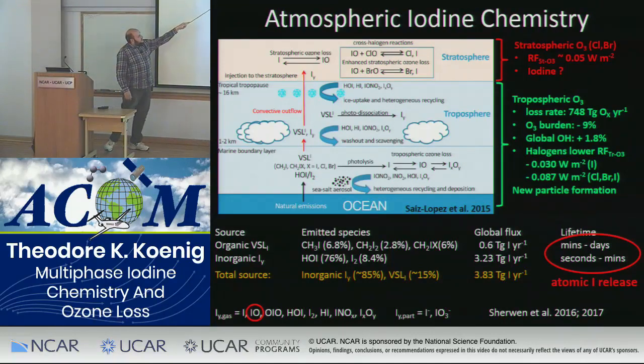But up here in the stratosphere, we've always had to contend with the fact that we have only upper limits historically for inorganic iodine and very small injections of methyl iodide into the stratosphere, reflecting the fact that it has about a 7-day lifetime. So the impact in the stratosphere has been a source of great uncertainty in the stratospheric ozone budget. But one thing to keep in mind is that a side effect of all of this rapid photolysis is that on a per atom basis, iodine is very effective at destroying ozone.